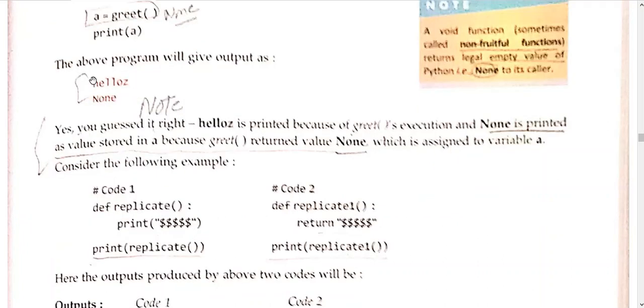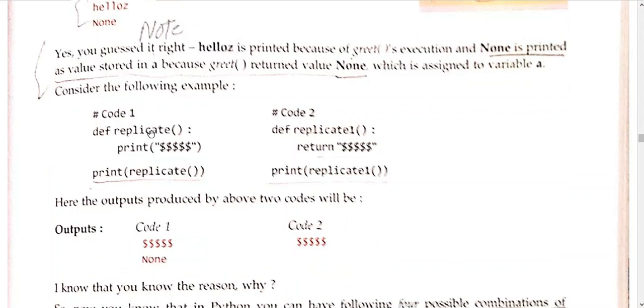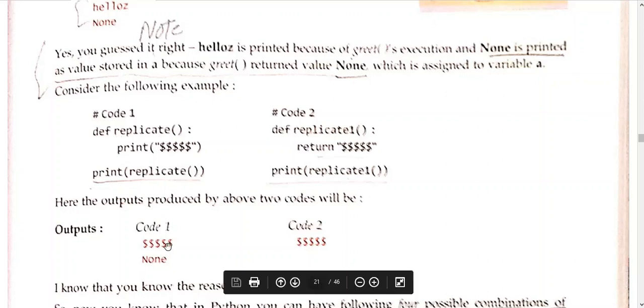You will read this complete chapter, I think chapter 6, where we will be reading about this recursion. This is a very important topic. When inside the same function you are calling the same function again, this is known as recursion. Remember it, it is a very important concept. One complete chapter is there. So print replicate, replicate is a void function, so it will return None, so print will print None.